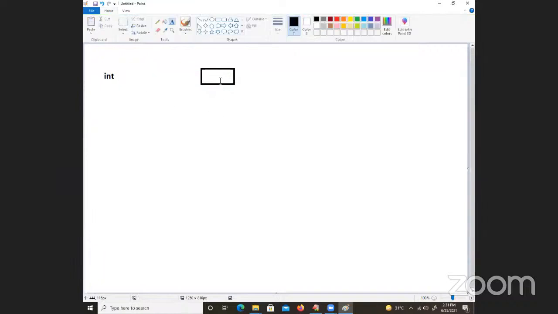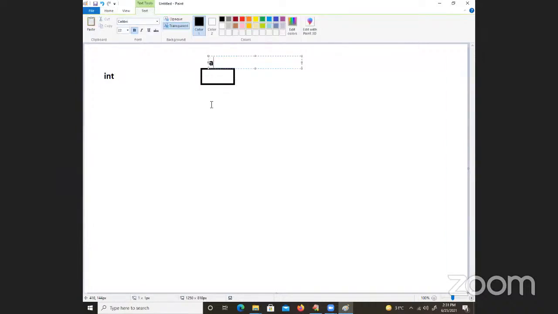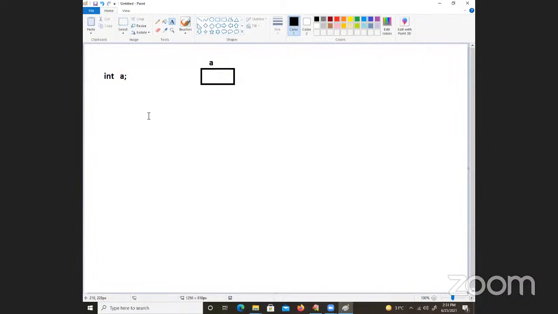So the int data type memory space is coming. There, I will be giving some name to this. Some name I need to give it. So it is going to create the variable name A. Already we discussed the identifiers concept in our class; I already explained it.